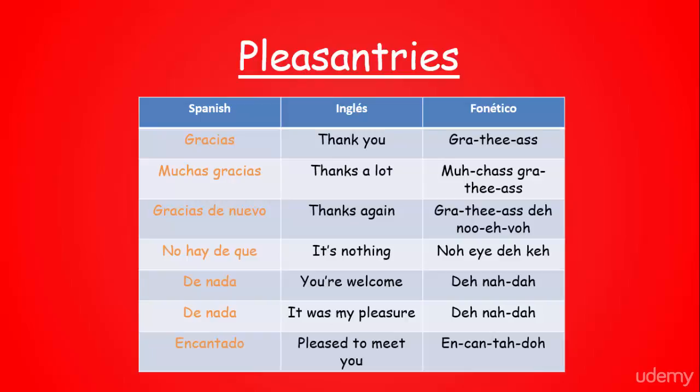So we have gracias, which is our thank you, and if you look on the right hand column there we do have our phonetics that we've actually created ourselves to make it easier for you to say, so try and follow that as we say the words in Spanish. Gracias. Muchas gracias. Thanks a lot, or thank you very much. Gracias de nuevo. And interestingly in Spanish, the V sound is actually pronounced as a B sound. Gracias de nuevo. Thanks again.